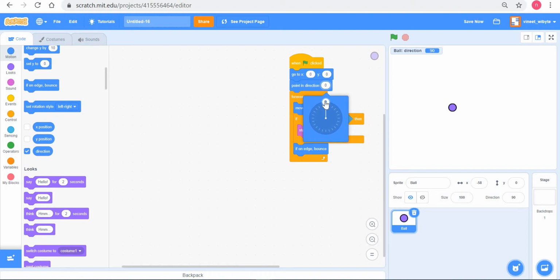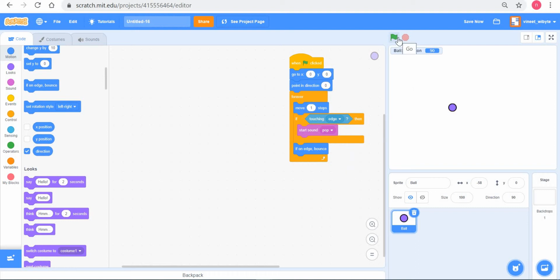Now I want to move on to a slightly different concept, which is what is happening to this direction when our sprite is bouncing off the surface, right? So what I mean is that I want you to focus either here on this direction or on this direction here. I mean, it's basically the same thing. Let's see what happens before and after the bounce, right? So for this purpose, I'll make the ball go a little bit slower, right?